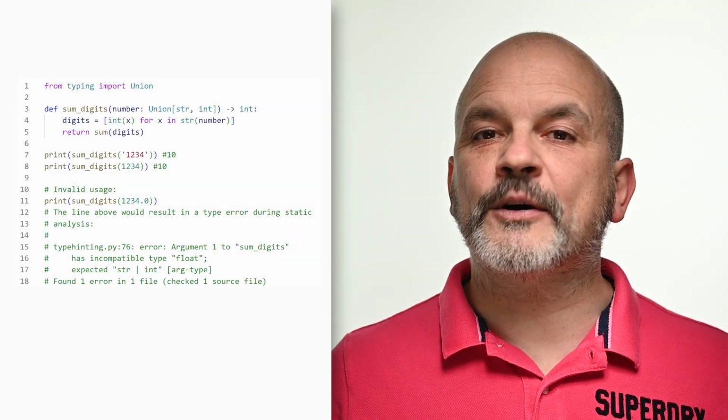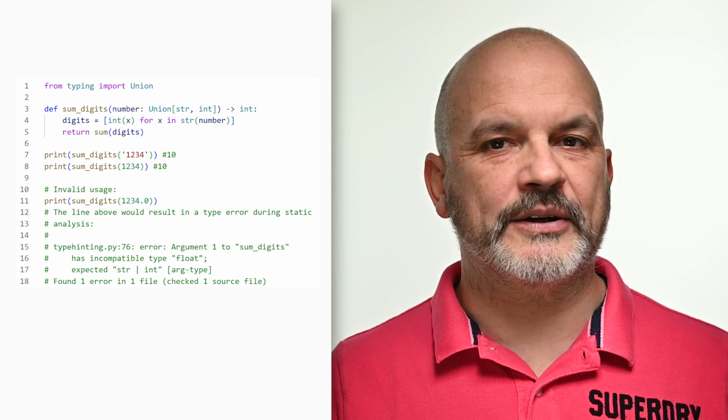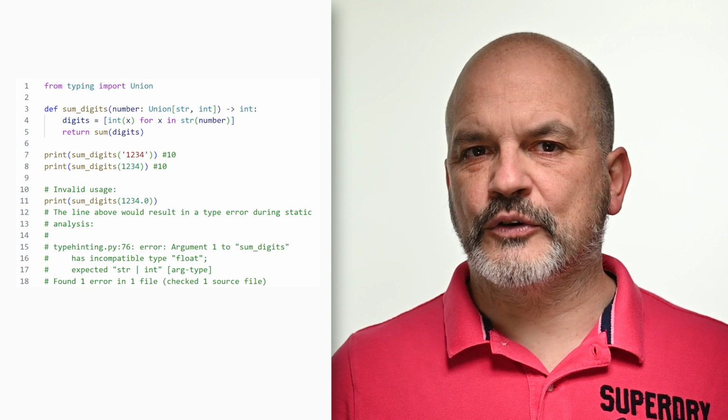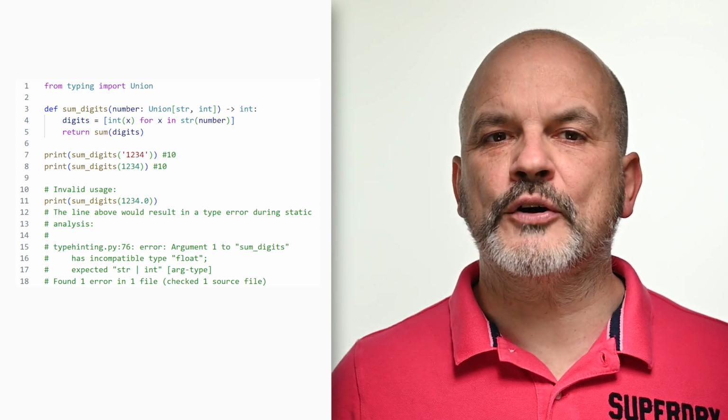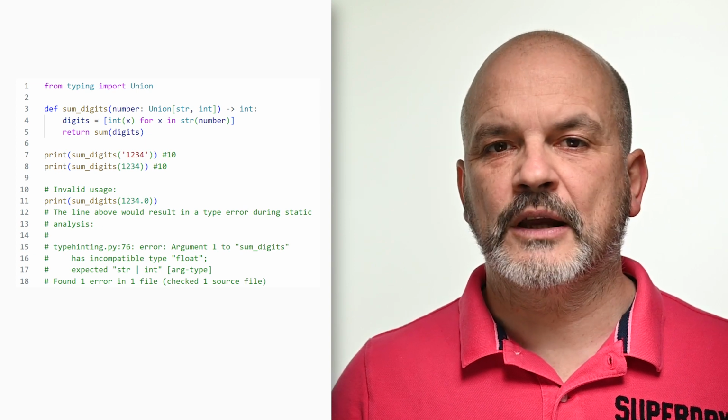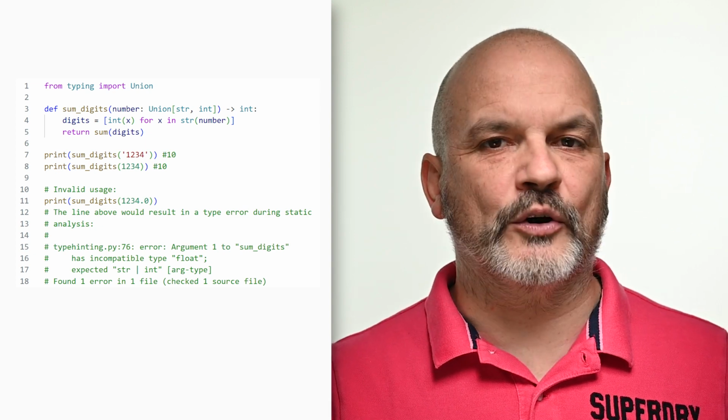Let's consider an example where a function takes a parameter that can be either a string or an int. The usage of Union allows the sum_digit function to handle both integer and string without causing a type error during static analysis. Union provides flexibility in specifying that a parameter or variable can accept more than one type.